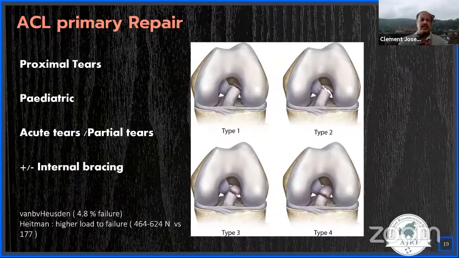Coming to ACL primary repair, a lot has been discussed about it, but one should not be too enthusiastic about carrying out repairs because of the possibility of failure. Typically, they will help you if the tear location is in the proximal portion. In the Sherman classification, type 1 and type 2 lesions, where the tear occurs close to the femoral insertion and within the first 20% of the ACL, are amenable to repair. Acute tears, pediatric patients, and partial tears in an acute scenario are the right lesions where one can do repair.